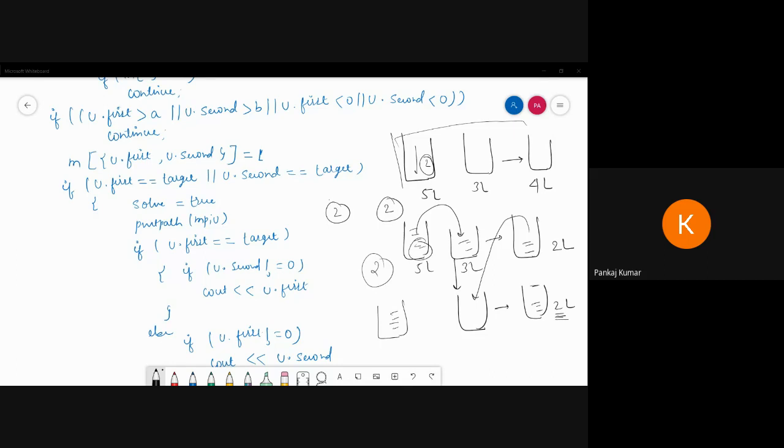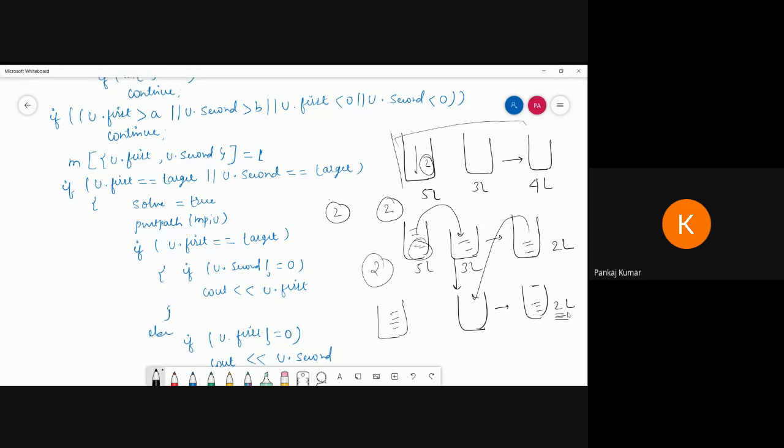Okay, yeah, I got it. So now see, here we can reach 2 liter in the 3 liter capacity. Again fill up 5 liter and then pour here. So automatically 1 liter can be filled, then it becomes 3 liter, and here you can empty. Then 4 liter is remaining in the 5 liter. So this way we can follow this one. Whatever performance we follow here, we can write here also in a code version.